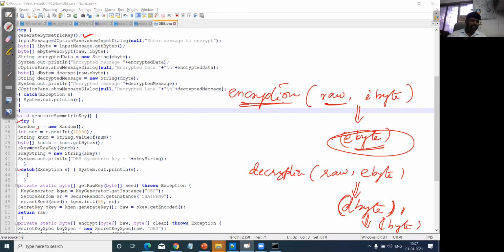So here I'm using Random, which is part of the package, which will randomly select the values, right? And followed by that, I'm going to declare the number where I'm going to get r.nextInt, the next integer, which will get the next integer one after another, as many values as I mention here.